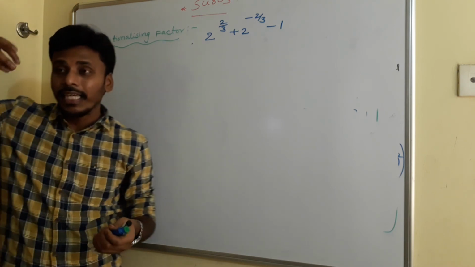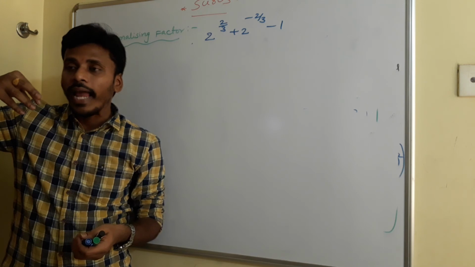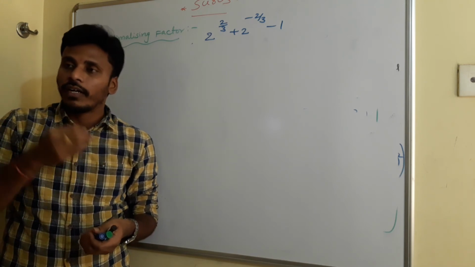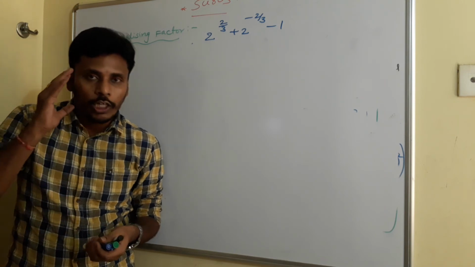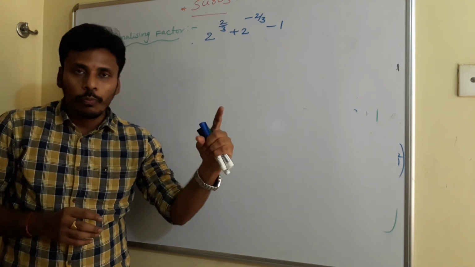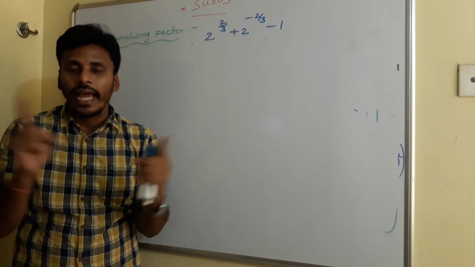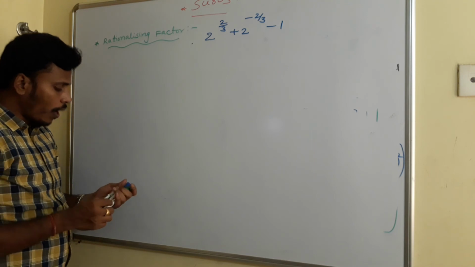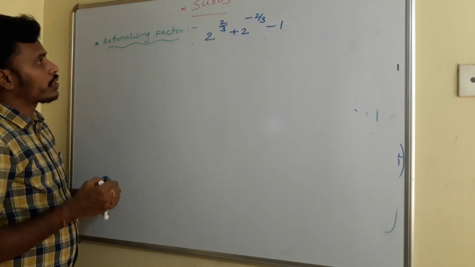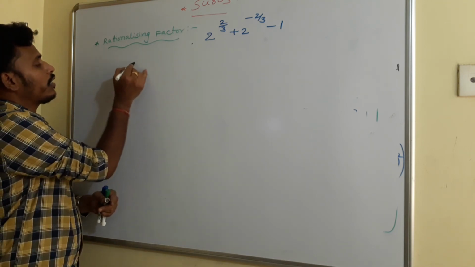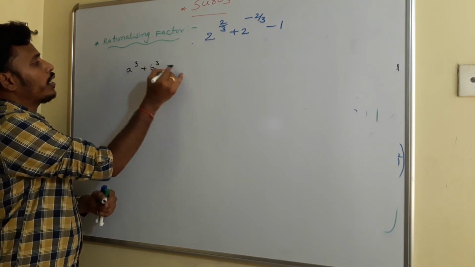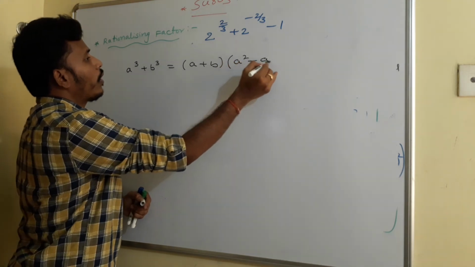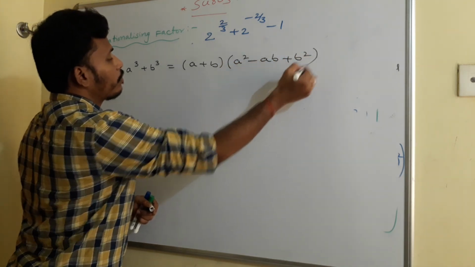This is all our thinking. How to select one identity, one formula to find the rationalizing factor for the given problem. For that, you need to observe the given number, you need to think about different identities, you need to match that given problem with one identity among the known ones and then solve. Now the formula I am going to utilize is a cube plus b cube. You know that a cube plus b cube is equal to a plus b into a square minus ab plus b square.